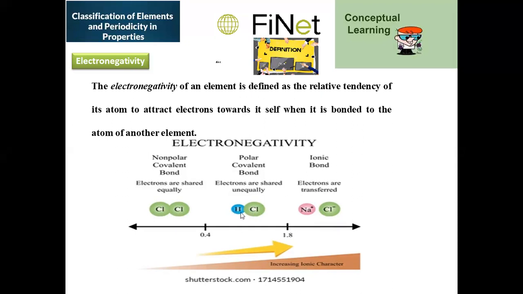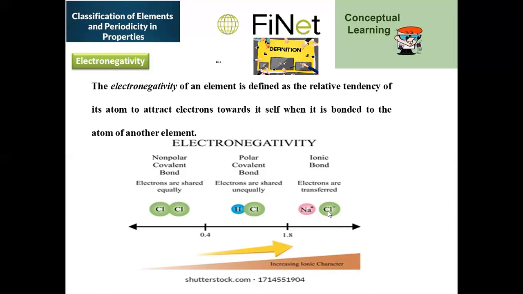When you move on to HCl, hydrochloric acid, chlorine has more tendency to pull the electrons than hydrogen. So it is a covalent bond only, but the electrons will stay nearer to the chlorine rather than hydrogen. So you can find a partial negative charge assigned to chlorine, and a partial positive charge assigned to hydrogen. That is purely because of polarization of the bond.